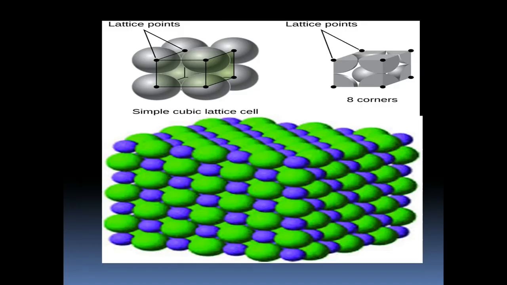See, in this picture, everything is very well clear. In the first figure, you can see that the particles are arranged. Here, this particular point, we call it by the name lattice point. That is the center of the particle. The corners of a cube we are taking as lattice points. The picture given below is the picture of a Bravais lattice or a crystal lattice. That is the three-dimensional arrangement of all the lattice points, all the particles in space.